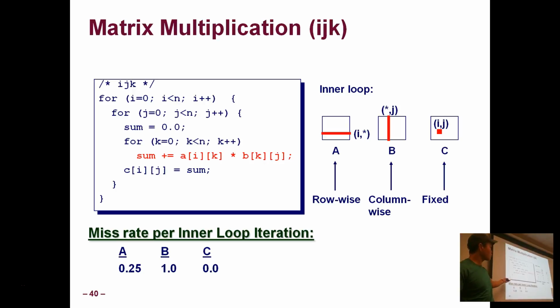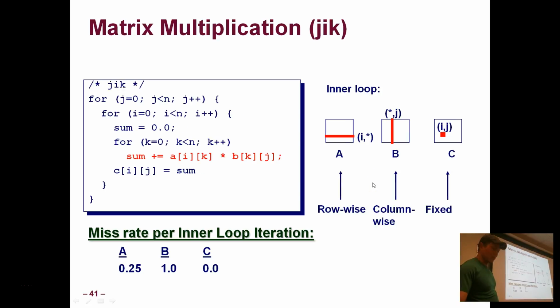But so this is one way to do it, right? I have the row I of A, the column J of B, and then I do this inner loop that sequences through these elements and these elements. One variation I could do is to swap J and I. We've seen this before, but this is going to do the exact same thing, right? This inner loop doesn't really change. But another thing I can do